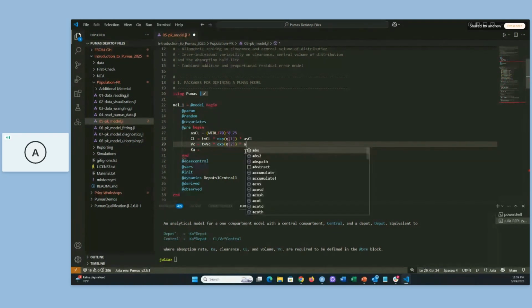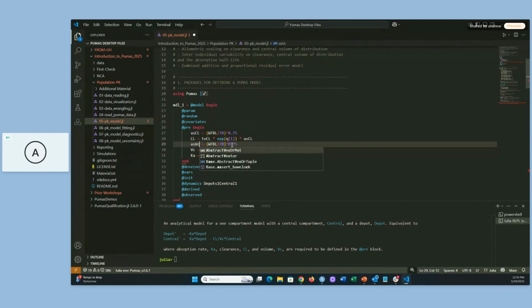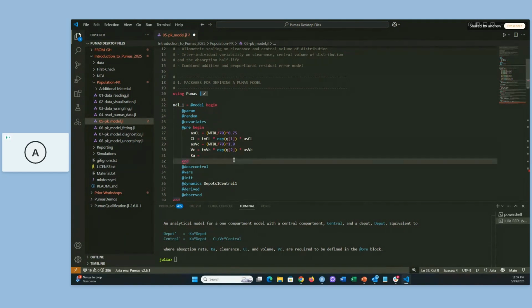And then we'll define something called allometric scale volume central. And again, I'm just copy and pasting for brevity. Since this is raised to the 1, you don't necessarily need it, but I'm putting it in there just so you're able to see that. This defines our block. Great. And then similarly, just for completeness,